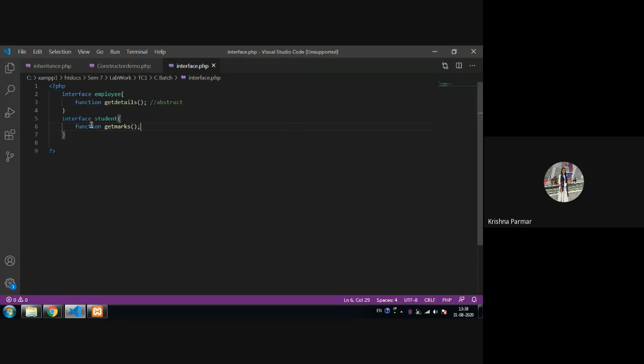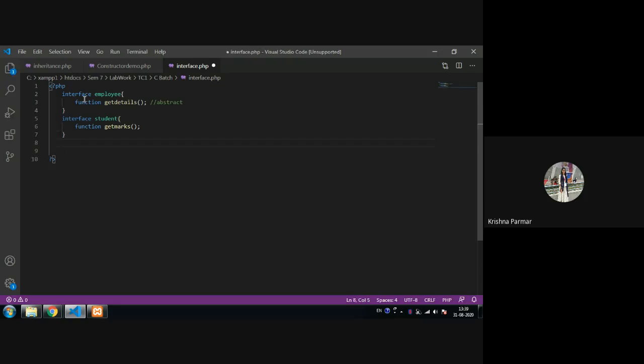Okay, so this is all about interface declaration where we just use the keyword interface, the name of the interface, and in that particular interface, only the declaration of the method. No need to write curly brackets and then code. That is how you can tell that this method is abstract. An abstract method always looks like this, only the declaration part. So it looks like a class but the code is not there. You can define variables also, but here I'm not defining variables, so it is up to you.